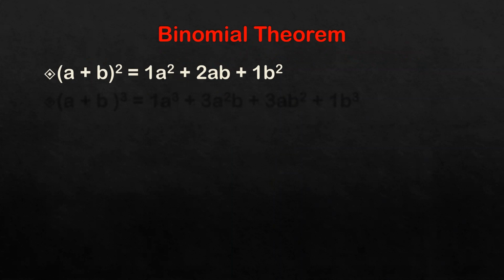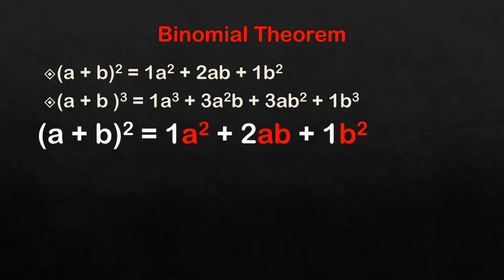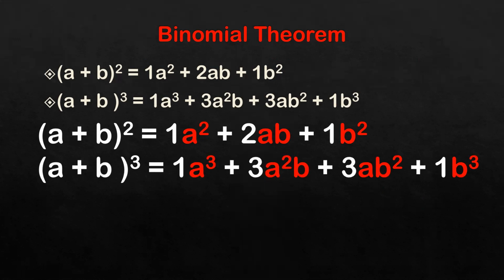But before deriving a general formula, let's have a look at how it is derived. Now, as I explained to you all, (a + b) the whole square and (a + b) the whole cube can be written like this. But what about the values of the other terms? 1, 2, 1 and 1, 3, 3, 1 are called the coefficients, that is, the binomial coefficients. But what about these a and b? How will you identify how the a cube, a square, a, these values come?